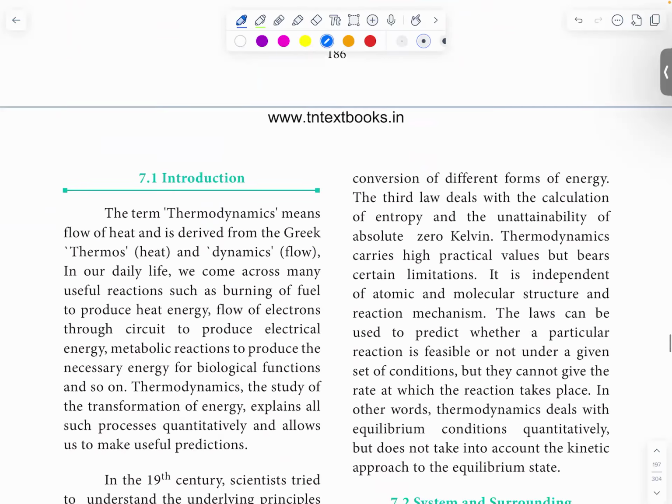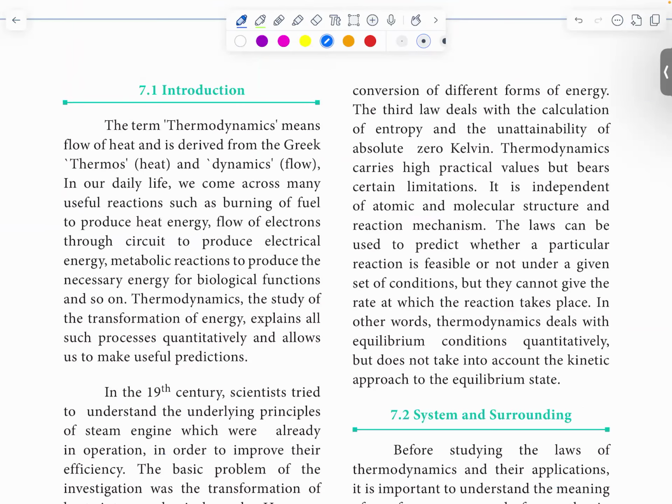chapter, what does thermodynamics basically mean? A very beautiful definition is given: thermodynamics means flow of heat, and it derives from the Greek word thermos. Thermos means heat and dynamics means flow. In our daily life, we come across many types of reactions where heat is transferred from one body to another body. But if we look at thermodynamics from a greater perspective, it is basically the study of the transformation of energy from one form to the other form, which is very well mentioned in the